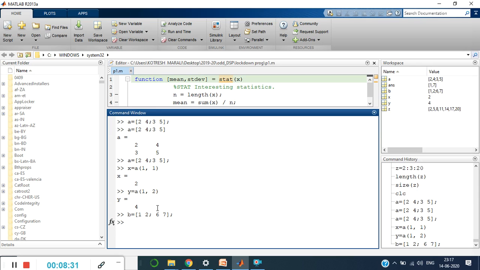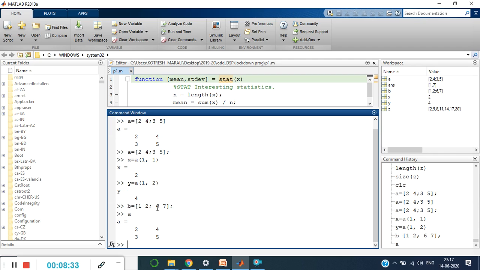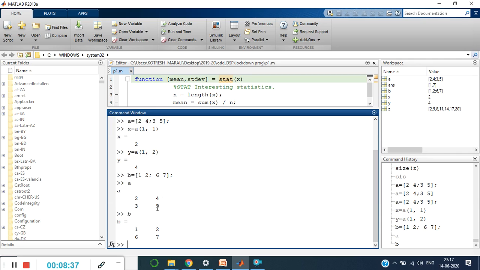Now I have A equal to 2, 3, 2, 4, 3, 5 and matrix B equal to 1, 2, 6, 7. If I press any variable and press enter, the content of that particular variable is going to be displayed.